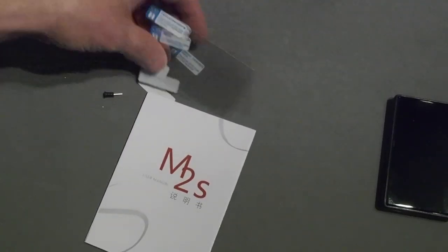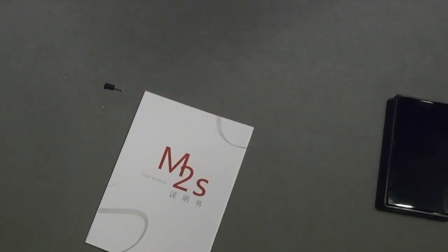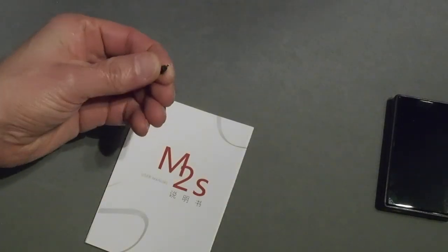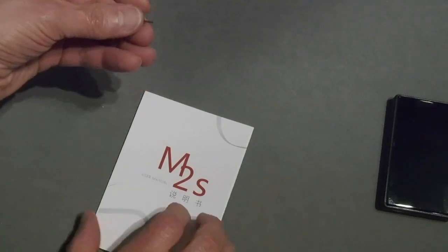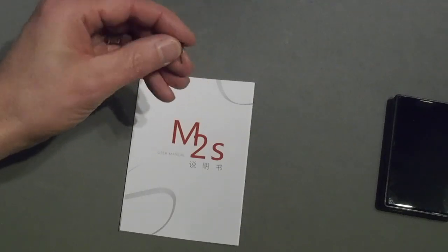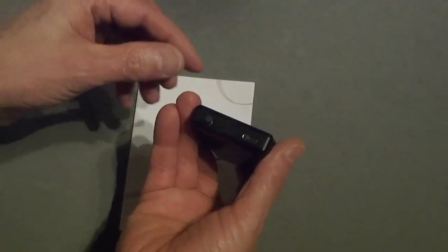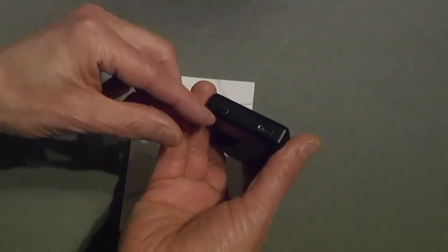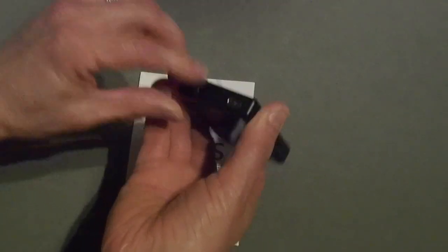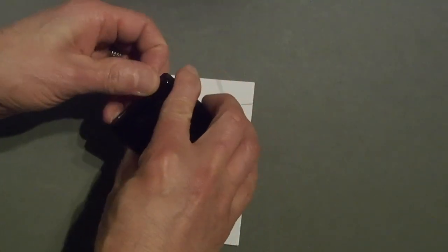Some screen protectors for front and back. That is good. I like that. They got an extra, in case you get them scratched up later on. You can pull it off and use a new one. And you have a port protector for your headphone jack, should you need it. I doubt you would, because it's only got one hole there. Usually this comes in handy if you've got an extra hole for the coax cable, or a separate line out and headphone. For this one, I guess if you have it in storage for a while, you can put that in. You probably don't need it. You're probably just going to leave it out, because what else are you going to...